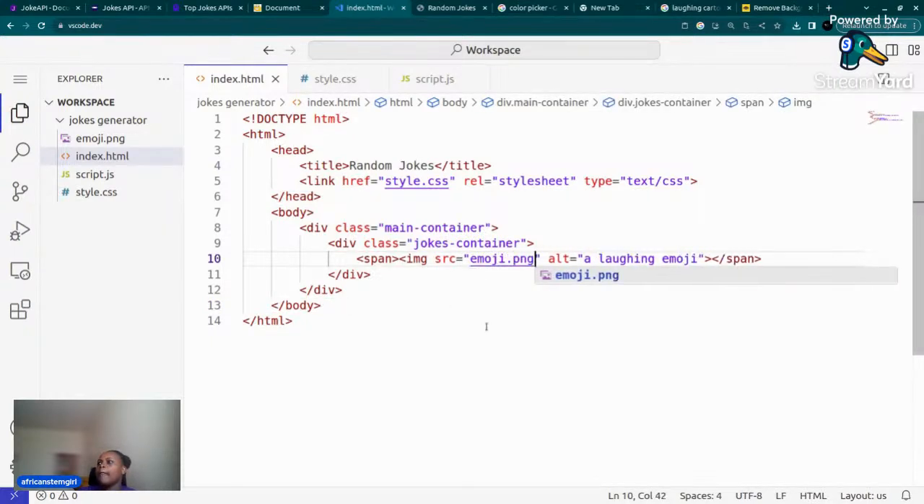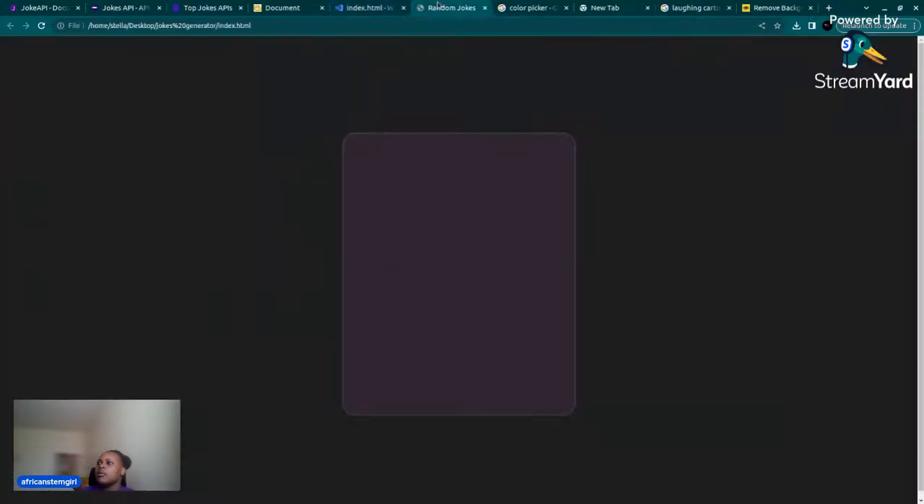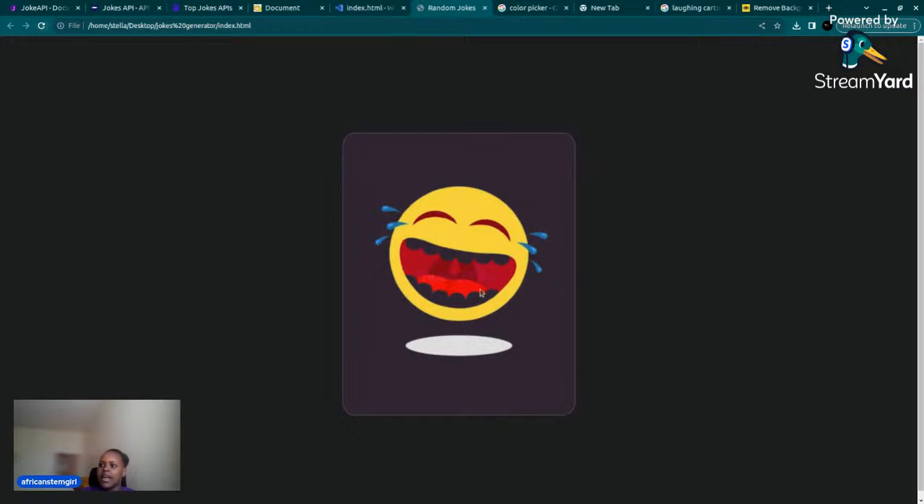emoji.png. So now if I look at, let me see if the image has come up. Yes, there is the image. It's super big. So the thing we need to do is to now make it to be a good size that will fit whatever we are currently working on. So I'll come here